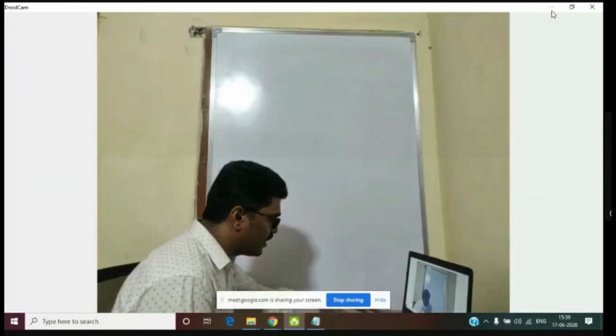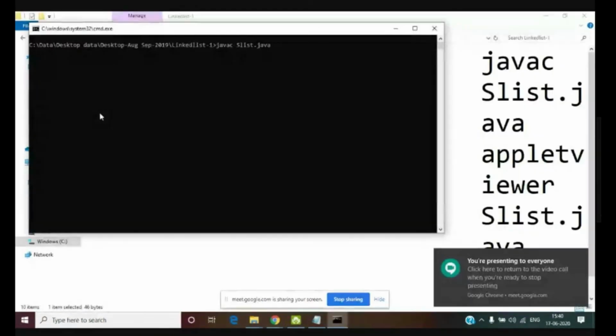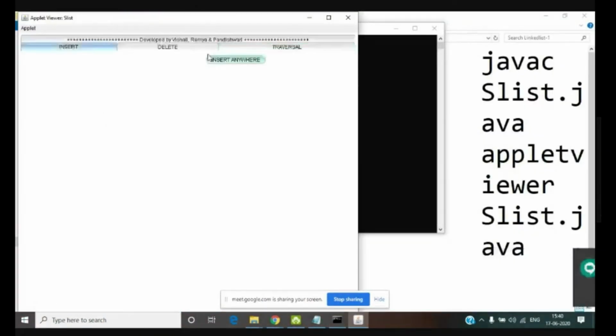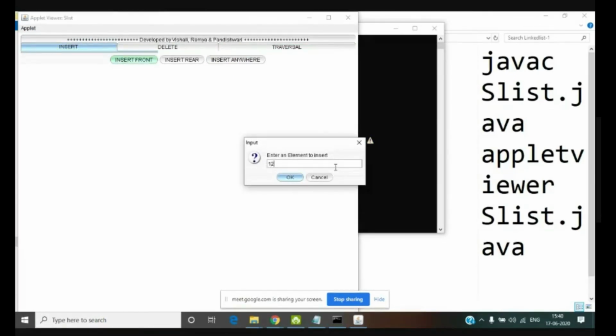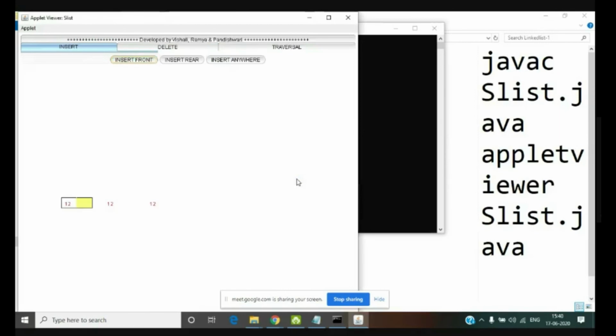I will show you a demo of the linked list in Java. Okay, so now this is the linked list. I'm inserting at front end. I'll take some element. Okay, I think it's getting doubled. Then again I insert at rear end, 34.